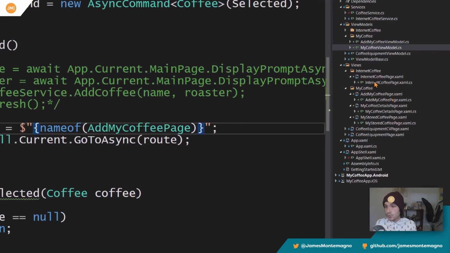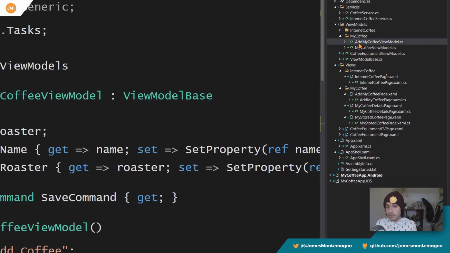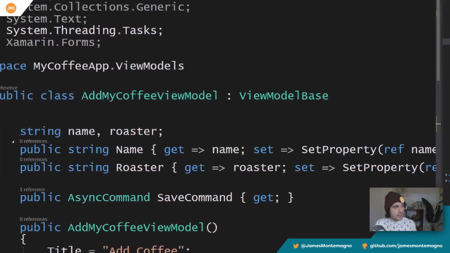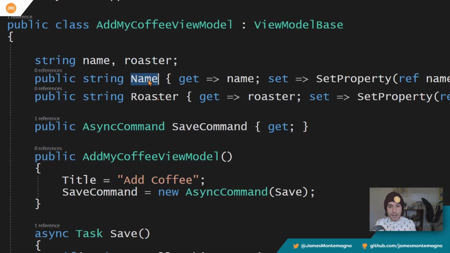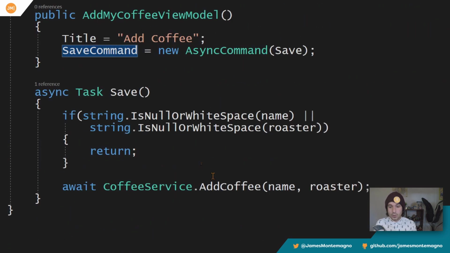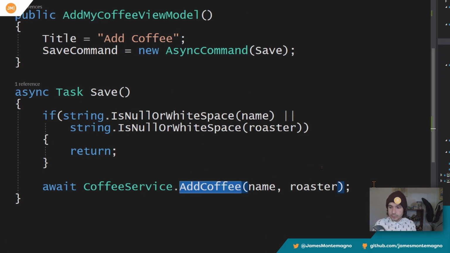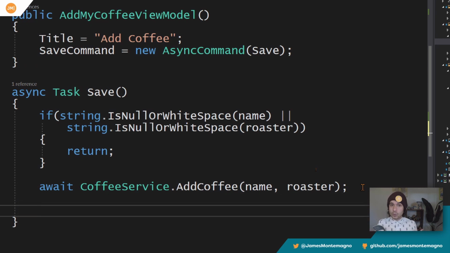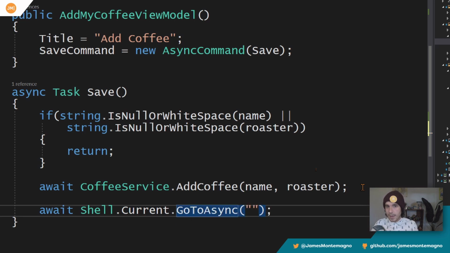So I'm going to go into the add my coffee view model and let's take a look at that. Here we have some simple properties: a name, a roaster, and a save command. This save command is going to simply add coffee into our database. We were doing this previously, like we just saw. So to navigate back after we're done saving, what I'm able to do is just say await shell.current.goToAsync. And this is really cool. This is one of my favorite features of goToAsync, is that you can use shell and command type